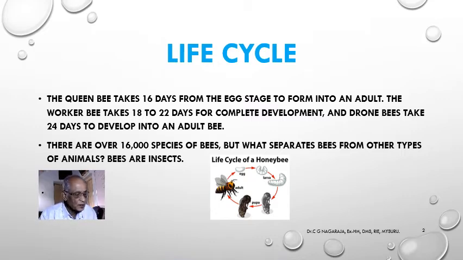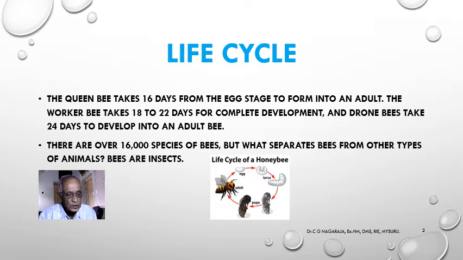Well, children, we will start with the idea about the life cycle of the honey bee. The honey bee is normally seen in almost all the areas where flowers like sunflower, apple plants, etc. are there. And these honey bees have a life cycle. Let's try to know. They belong to the group of insects. There are three types of bees. Normally we come across the queen, the drone, and the worker bee. All these three types of bees will be seen doing the work, that is collecting honey.